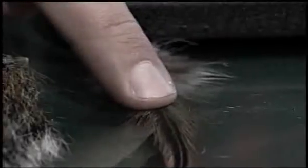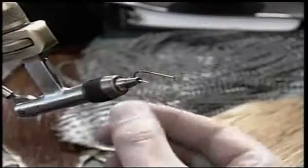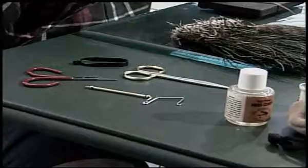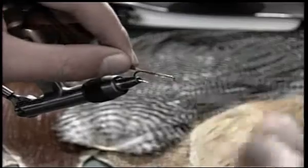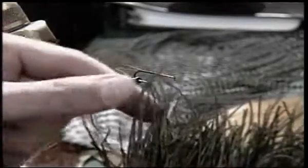Materials include a brown hackle, squirrel tail, and some peacock herl. Alright, we're going to start with the tail. Now we take part of our hackle here and tie in our tail. Real simple. I'll take that same hackle, tie in the tip, and I'll take 3